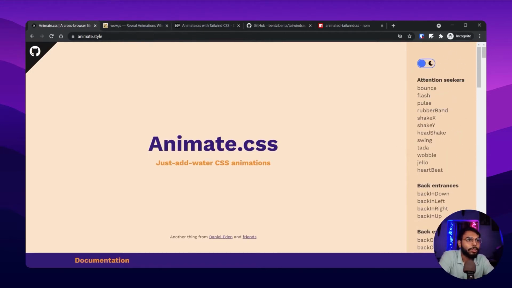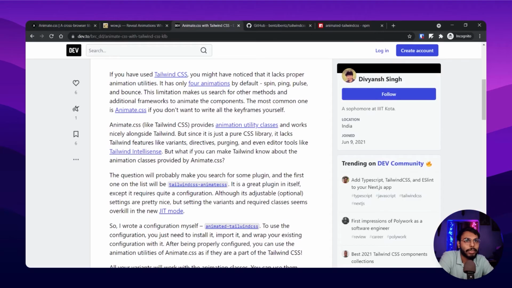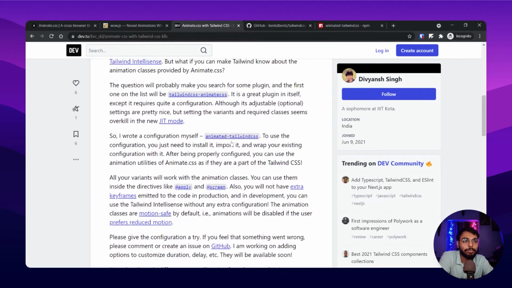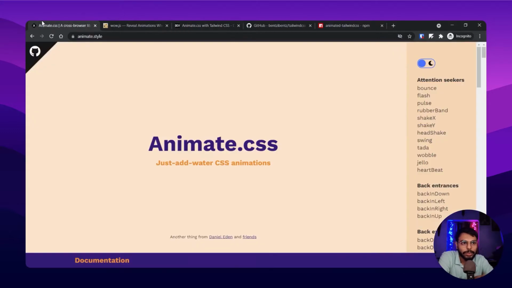So what will we do then? I have recently found a great article by Divyan Singh, where he was discussing different packages of the same animate.css for using it in Tailwind.